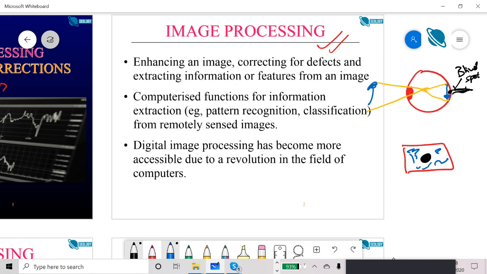For example, telescopes also form this inverted image, and your brain is trained to invert the image. So what will happen if you're, let's say, viewing with a telescope? The telescope will invert the object, then your eye will again invert it, so it will appear like this. Now your brain is trained to view objects like this. So in pre-processing, this is inverted to this final stage in the brain. Here when it goes to the brain, it will invert it, so this object will appear upside down if you're viewing in a telescope.